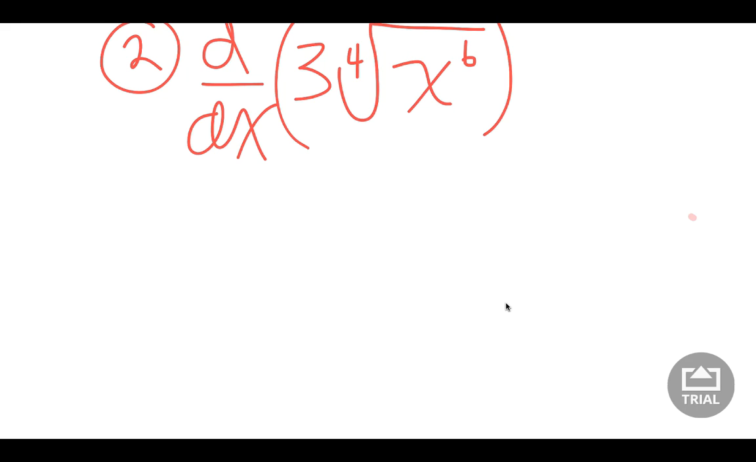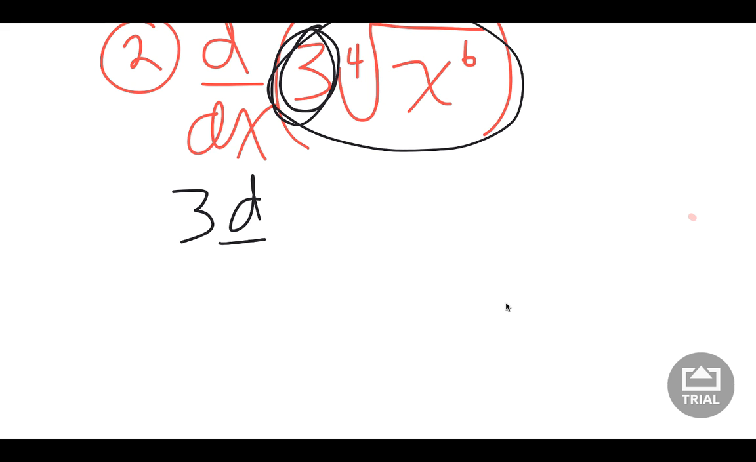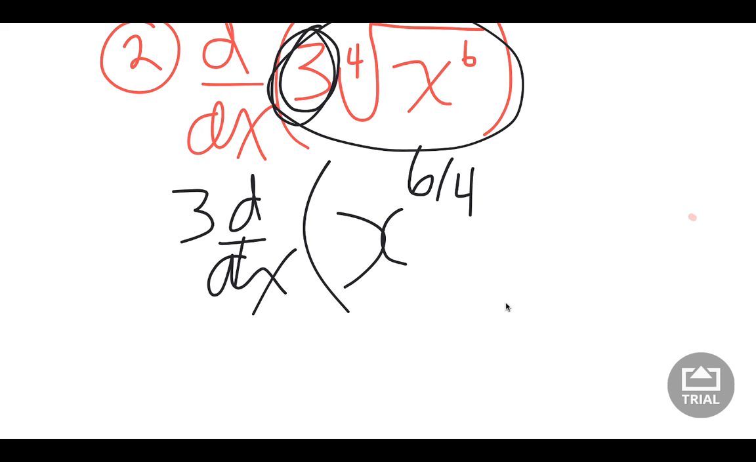For this one here, I need to differentiate that, which looks fairly complex. If you remember from the negative exponents, I can take that 3 and I can move it outside. So that becomes 3 derivatives, d by dx, of, and it would be x to the 6 over 4, right? Because the 6 is